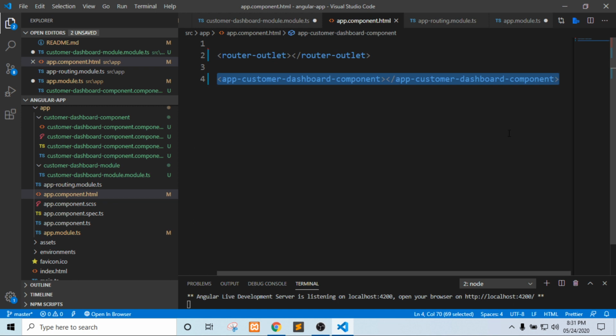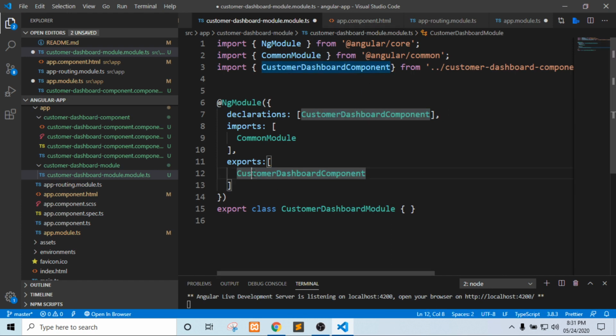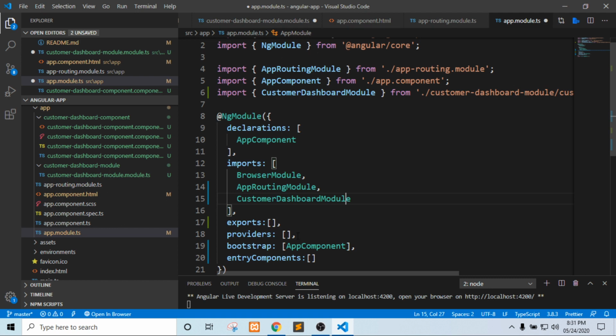So the export section is useful when we are going to export components which are specific to one particular module and we need to make them available to different modules. We put the component name into this export section, and we simply need to import that module, not that component.